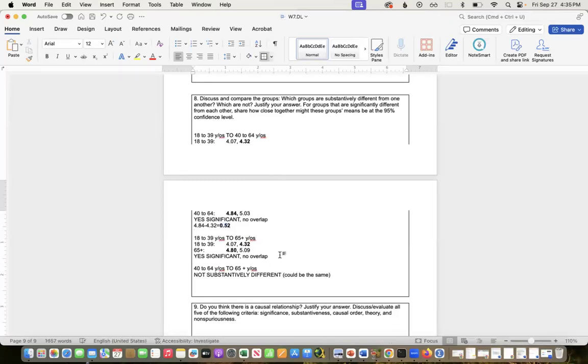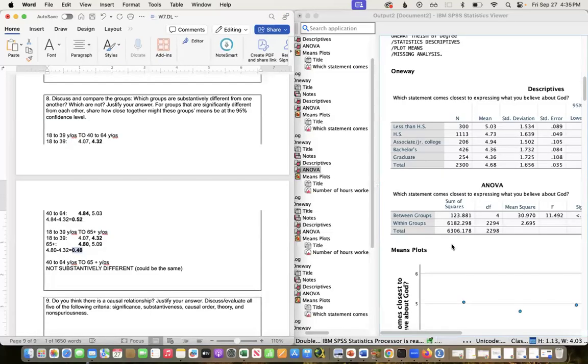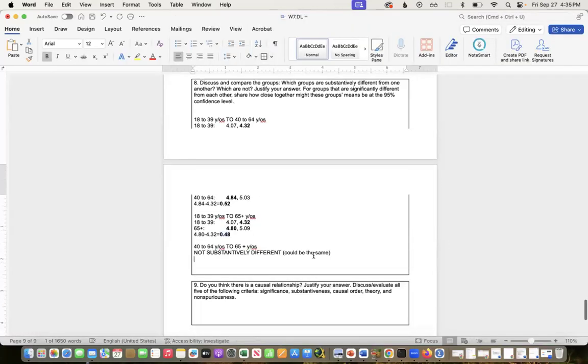And then here, 4.80 minus 4.32 equals 0.48. And so both of those we're 95% confident they're at least about half a unit apart,